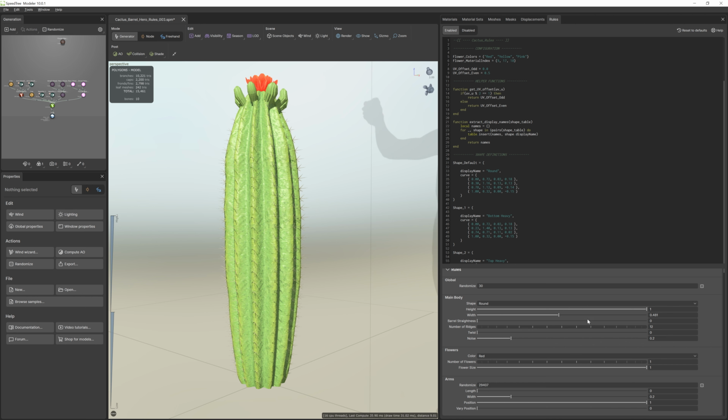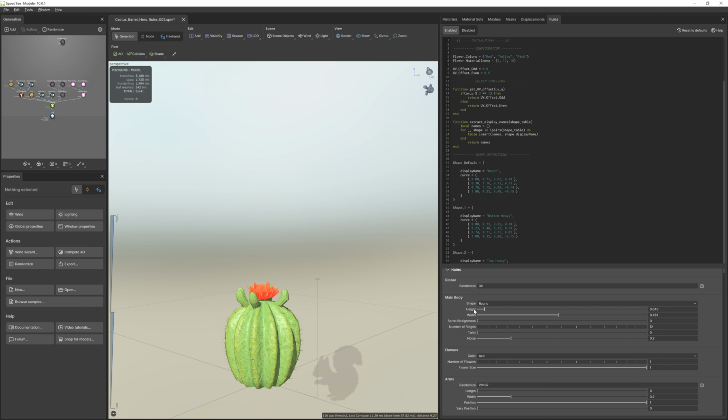Okay. That's better, but when we take the height down to 0, we see that we need to constrain our boundaries even more.